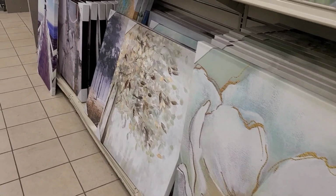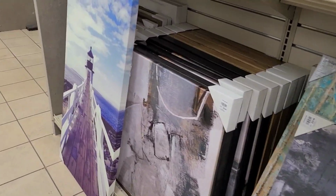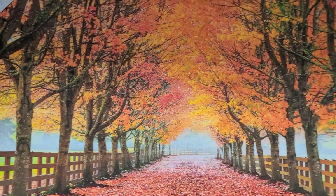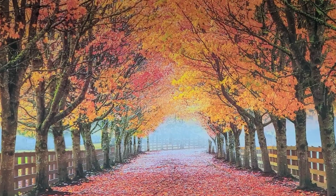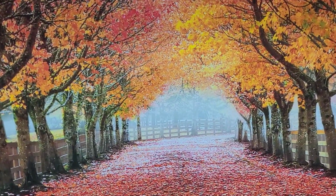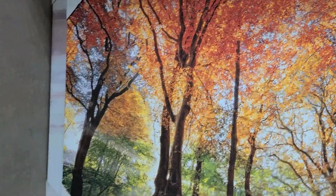This is some artwork that they have in the Christmas tree shops as well. Again, they still had that was a fall one. This is a fall picture that I thought would be neat, but again, for like me, I could probably paint that, so I wouldn't spend the money on it. They still did have a lot of nautical